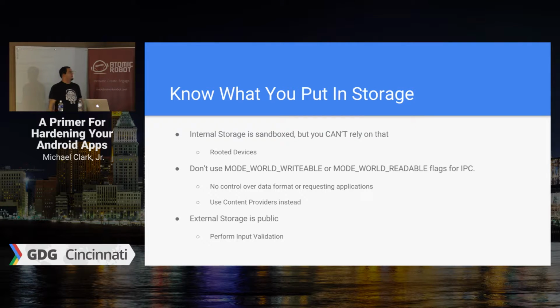If you're doing inter-process communication, there's two flags that in the early days were called mode world writable and mode world readable. That's generally not something that is advised anymore on Android. Really, you should be using content providers for inter-process data sharing. That's just a best practice. The reason is you don't have any control of your data format or the applications that are requesting data